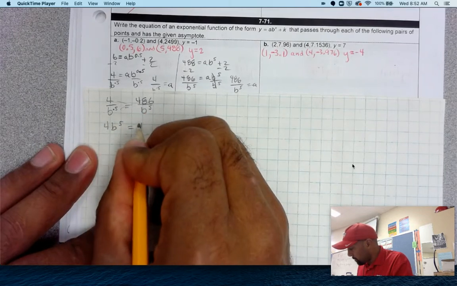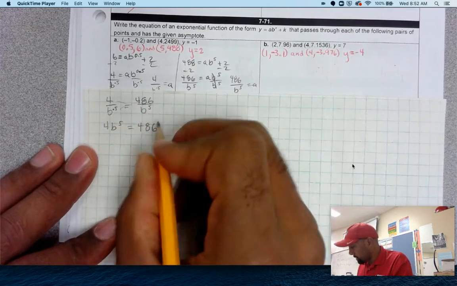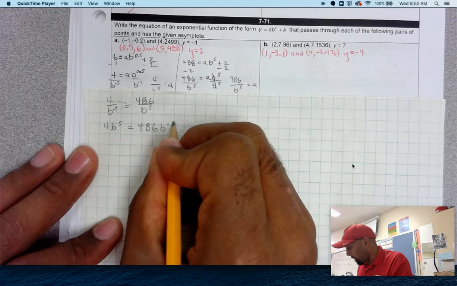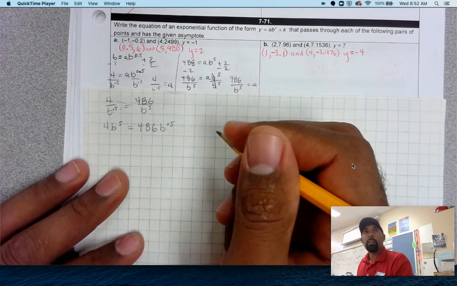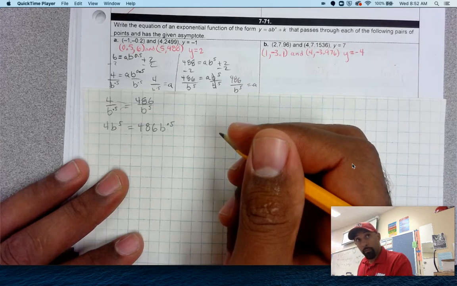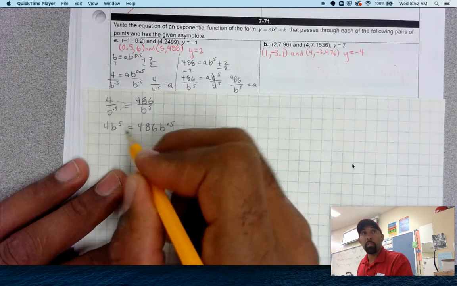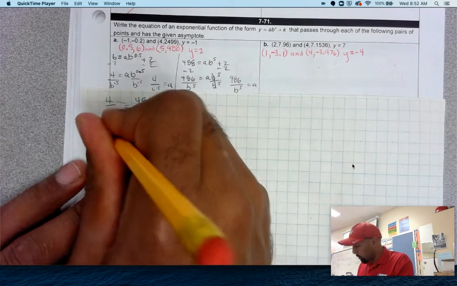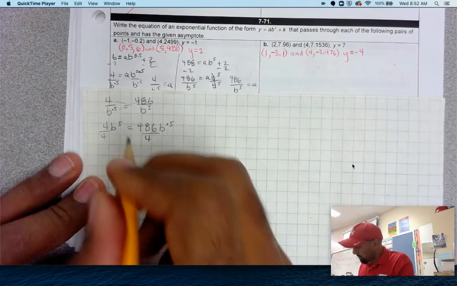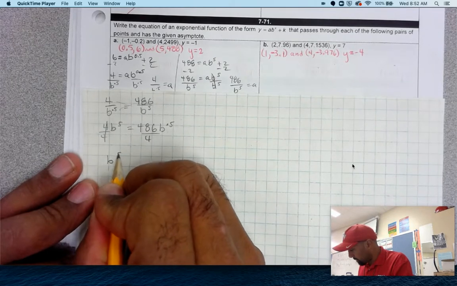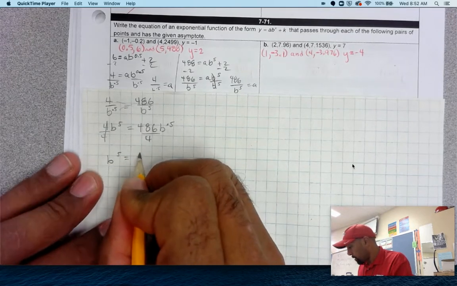And then equals 486 times b to the 0.5. Remember, that's a decimal. All right. Now, again, we want to get b by itself. So the first thing I'm going to do is divide by the 4 on both sides because I'm going to want b on my left. So now I have b to the 5th equals